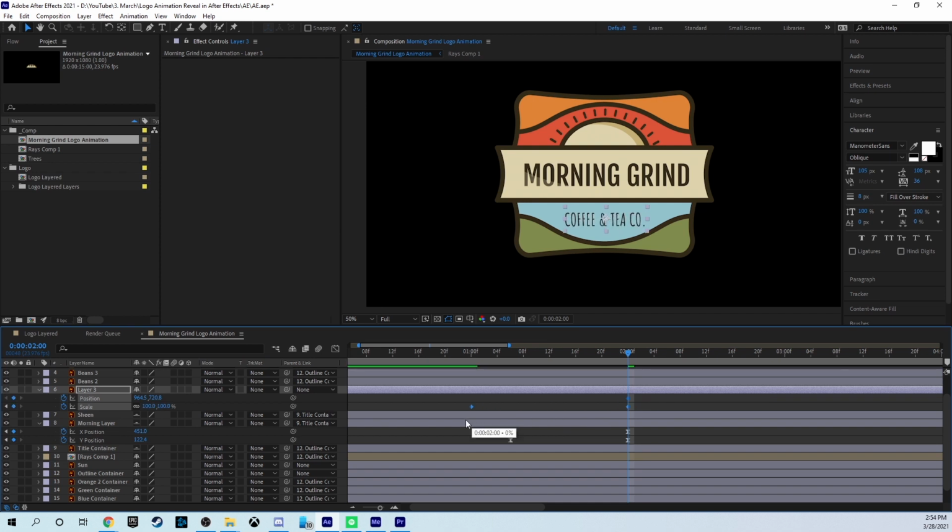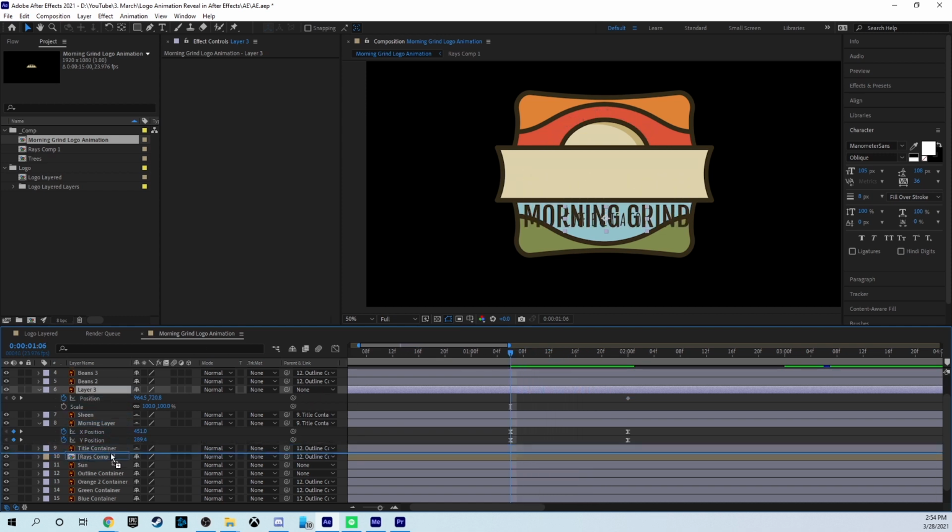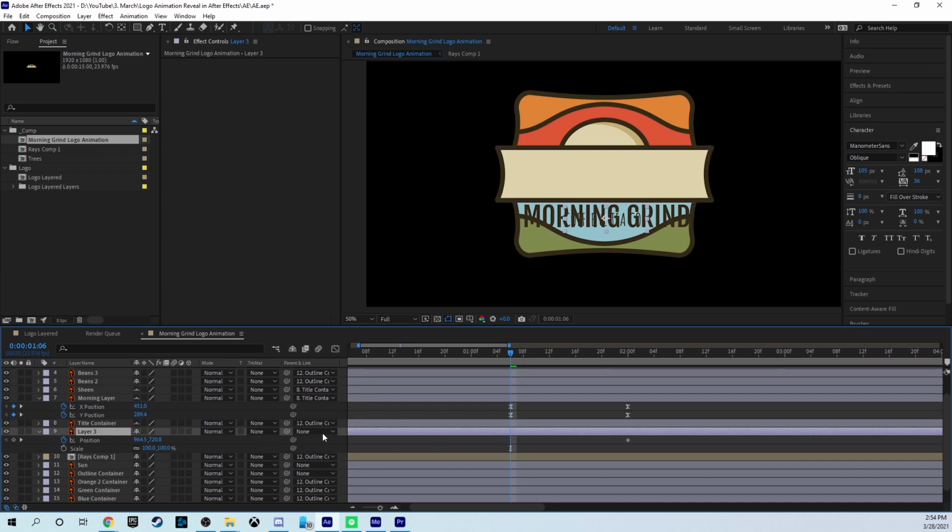So we're going to pull these keyframes back, delete them, and we're going to hit position. And we're actually going to have it animate out from behind the morning grind text layer. So we're going to pull this down below that container, because this way we won't even have to do any animation. Set a keyframe there, pull it up in behind that layer, and we are going to do